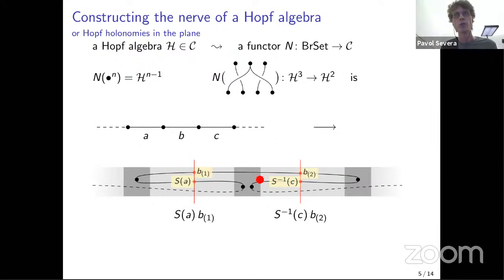But we cross it twice, so we need to somehow apply the coproduct, as many times as needed. Here it is only once. So B is split by the coproduct into B1 and B2. Okay, and so here we just have S(A) times B1, and here we have the inverse of the antipode, because now we have -1 as the total number of half turns that we foresee. Okay, so that's roughly it. That's our functor.